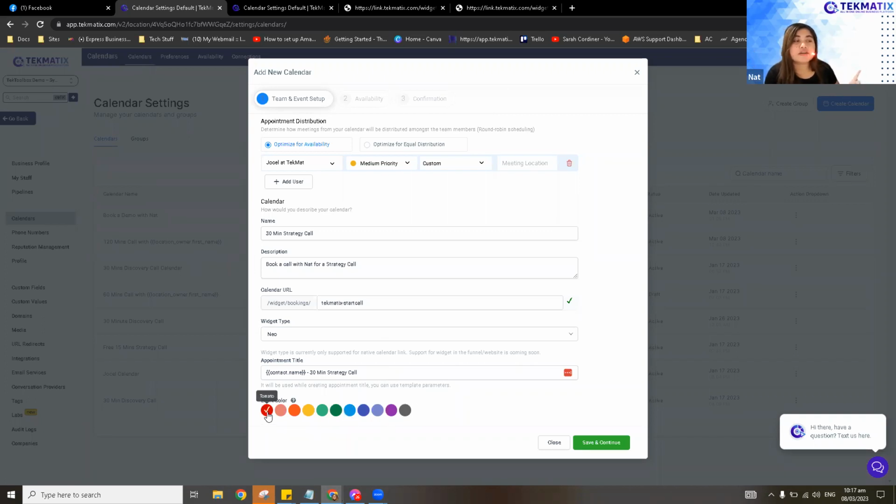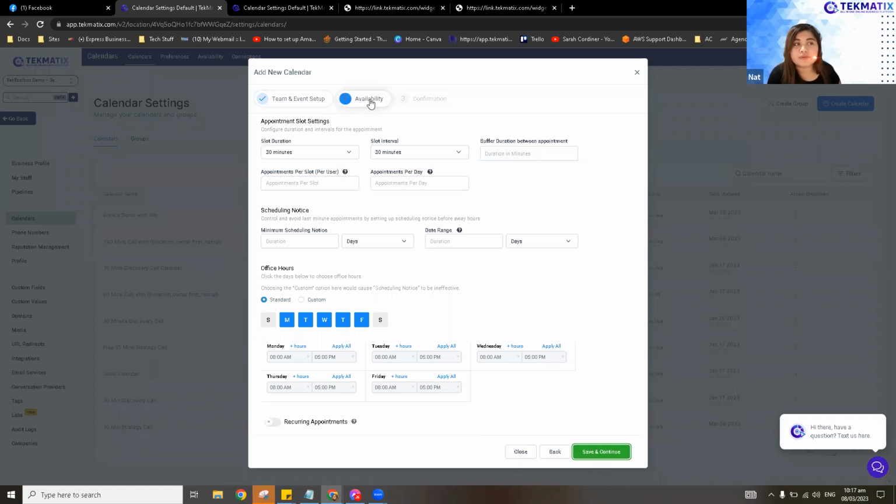And the event color is basically the tile that you will see in your calendar. So it's not on the buttons in the calendars, it's just on the tile for the actual booking. So I'll just save and continue, and we will jump into availability. For people who ask, you can actually go to preview by clicking on these top buttons right there. So for the availability, let me just go here.